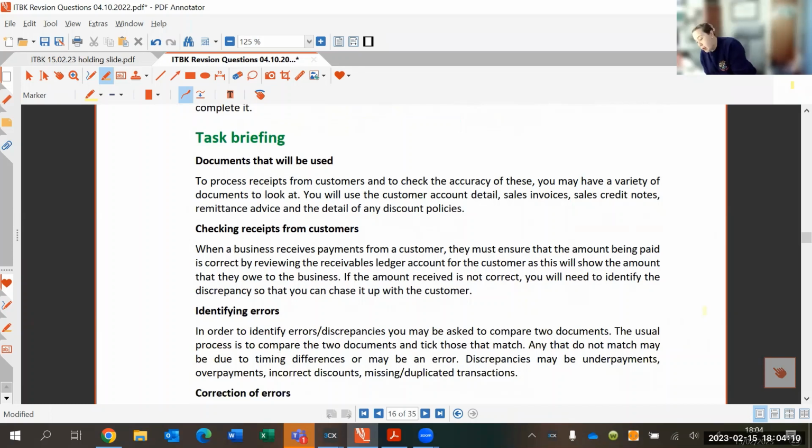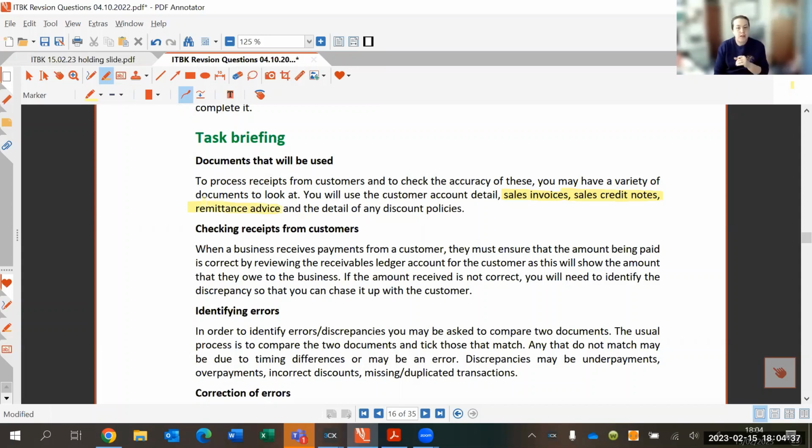Obviously, we're going to be thinking about information about sales invoices and credit notes. It might be that we have invoice numbers and credit note numbers that we need to be familiar with, and the amounts relating to those. It's not necessarily an invoice or credit note in detail, but you need to be familiar with what those documents do. What comes in now as a new document that we haven't necessarily seen in detail yet is